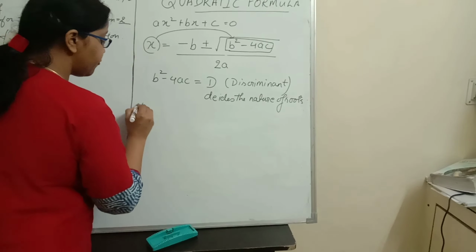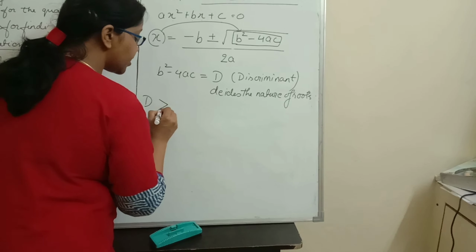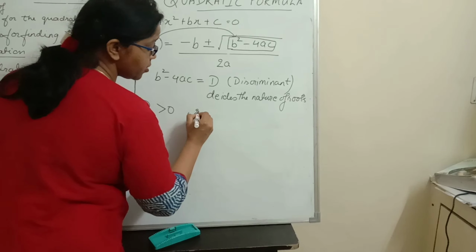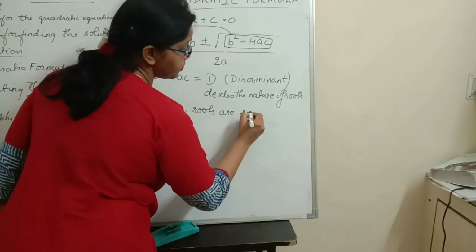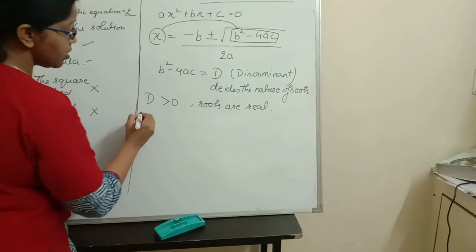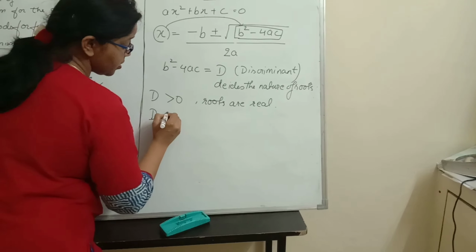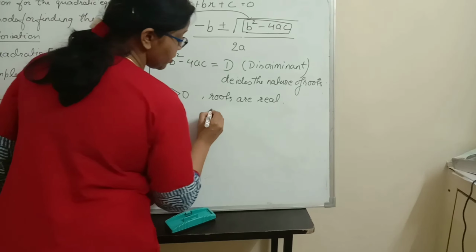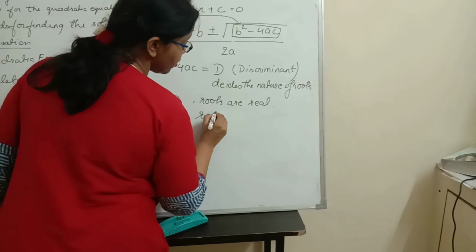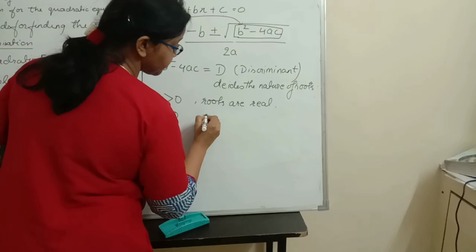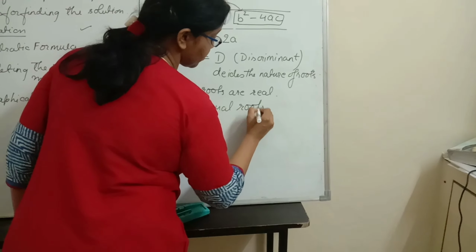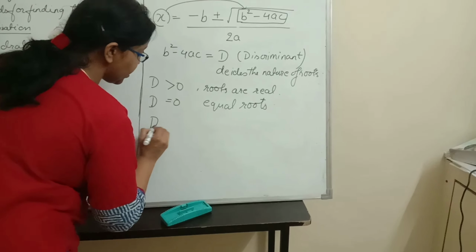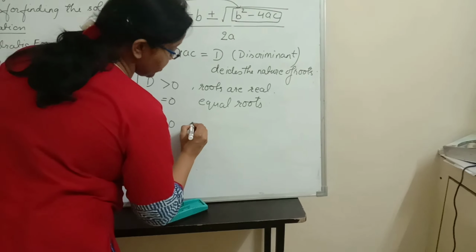It means if D is greater than 0, the roots are real. If D is equal to 0, then we will have equal roots. If D is less than 0, then